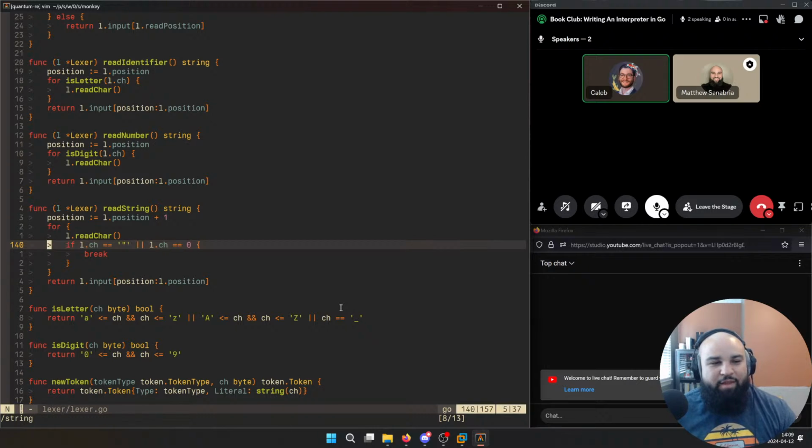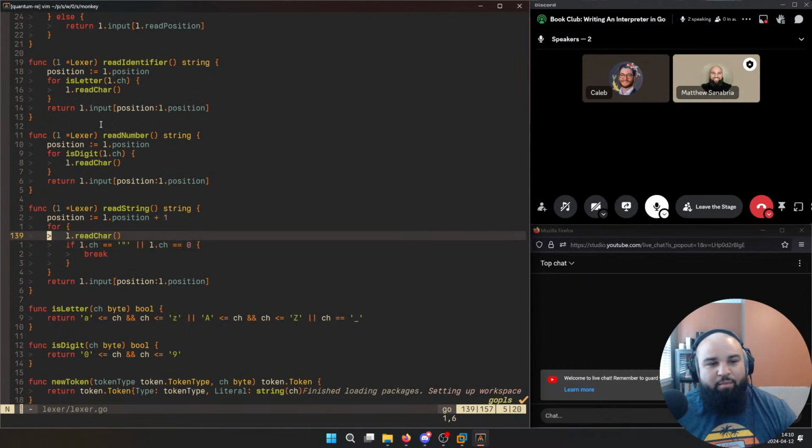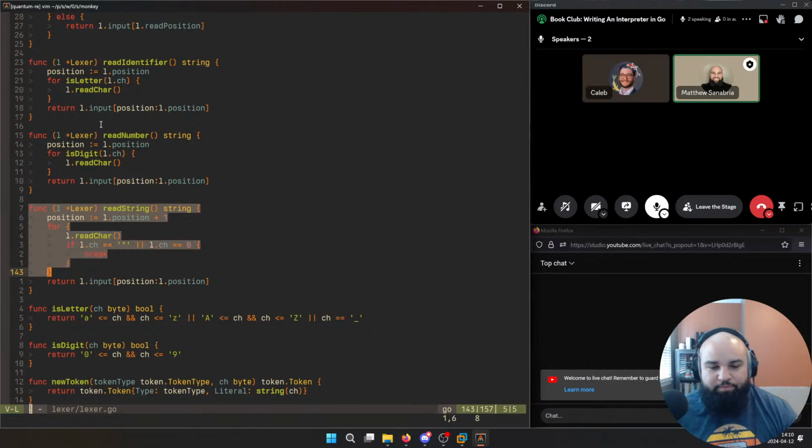I thought that was really cool. Now I don't think this works for something like let x equal a string like this, with a slash and a quote. I don't think this works... Well, no, it doesn't, because it missed this. So I guess there need to be some special cases added to the program to parse escaped strings and whatnot. But for the most part, for a simple string lexer, I thought it was fine. I thought it worked pretty well. I honestly expected there to be more logic here, so I was pretty surprised.